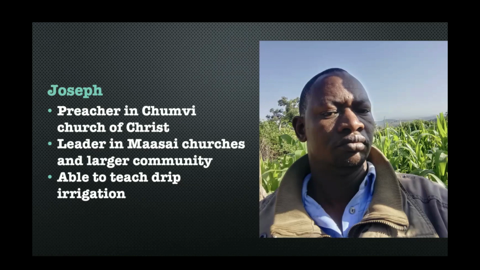At one point, they didn't have any schools, because the people are more remote and a little more distant. They were more nomadic, I think, at some point. They started elementary schools, but they didn't have secondary schools, and he has helped to start a secondary school in the community where he is. I also make note of the fact that he's able to teach drip irrigation. He's got some education in agriculture and things like that, and I think that could be leveraged to be very helpful. I'll say something more about that in just a moment.